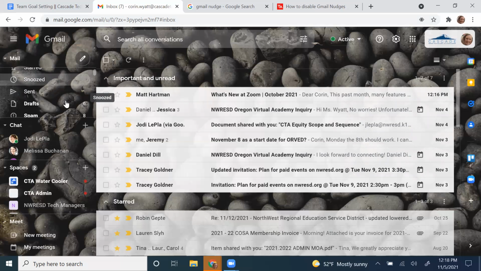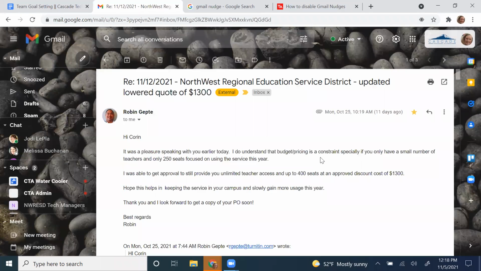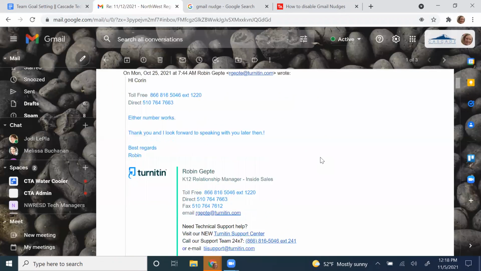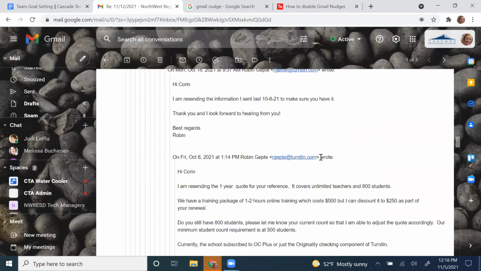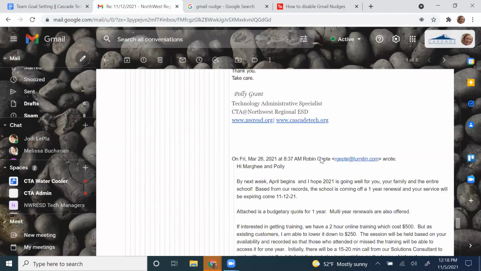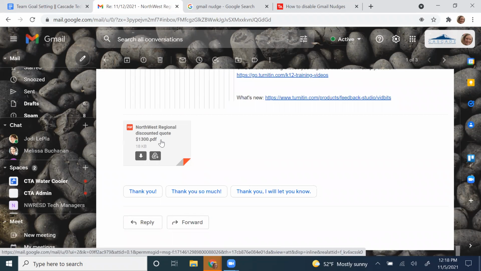One is the ability to save to drive. Didn't mean to click that. I need something with an attachment. So we'll go ahead and look at this quote from this vendor. I love when I get an attachment and I'm going to need to save it. This is of course way at the bottom. You can do this with voicemails, PDFs, Word documents, anything that you need to store for later.